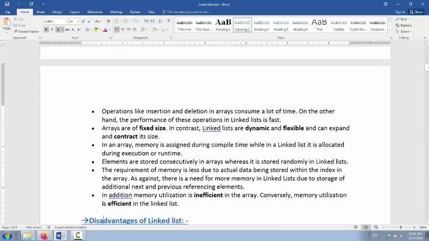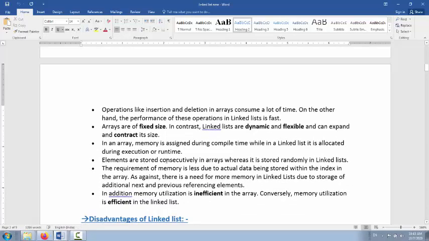Elements are stored consecutively in the array, whereas they are stored randomly in a linked list. If you declare an array of 20, then a continuous block of memory is allocated for the array, and inside the linked list the memory allocation can be random.